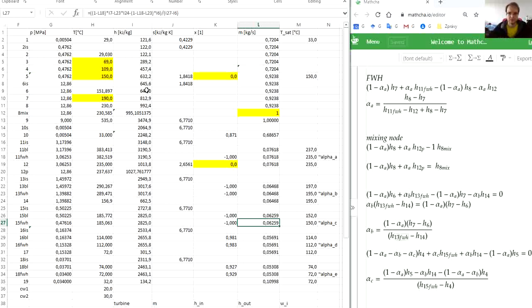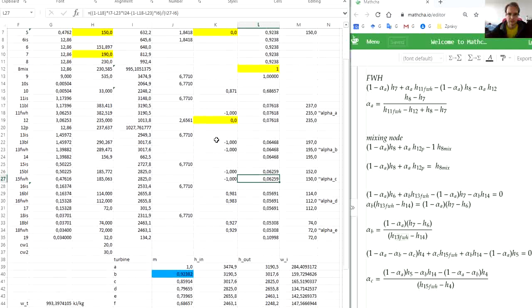So now we have solved our new steam bleeding mass fractions,